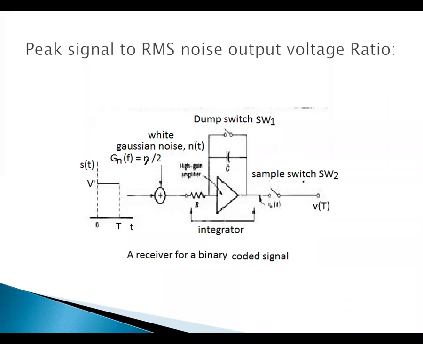If it is on, the capacitor is going to be discharged. If it is off, the capacitor is going to be charged. So by using the input signal to an integrator, the capacitor is going to be charged and discharged. The input data should be binary data. It has some intervals, bit by bit. Now the discharging path of the capacitor is through the operation of the sample switch.